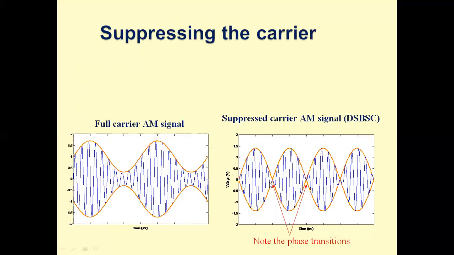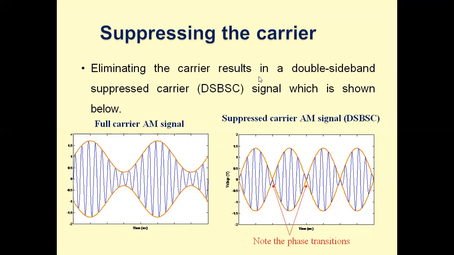That means the signal here, it is ended like this. Instead of continuing the signal like this, there is a phase reversal. There is a 180 degrees phase shift here. Similarly, here also, the signal is not going like this. There is a phase reversal at the zero crossings of the message signal. So it results in suppressed carrier modulation schemes.